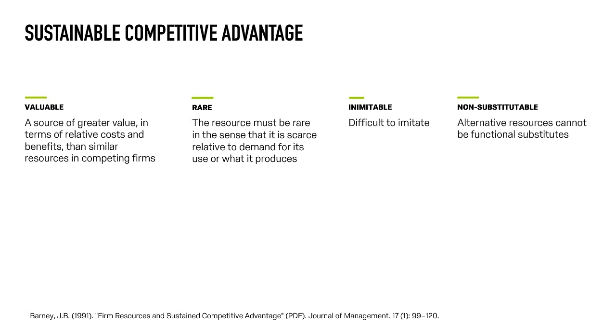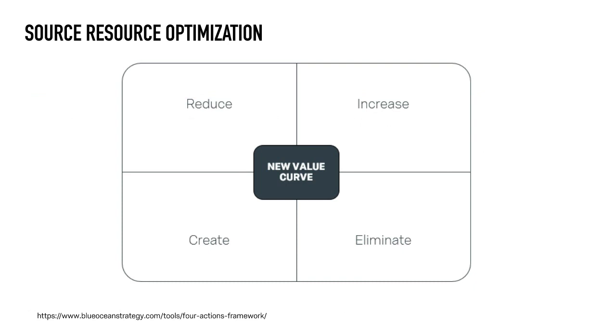Our third handy tool is another heuristic which allows us to win according to the second definition of strategy, which is how do I deploy resources optimally? And to do this requires a firm to make trade-offs with regard to its activities. So by this we mean firms can't do anything they want. There's a limited time in a day, there's a limited number of employees, there's a limited capacity for change, and